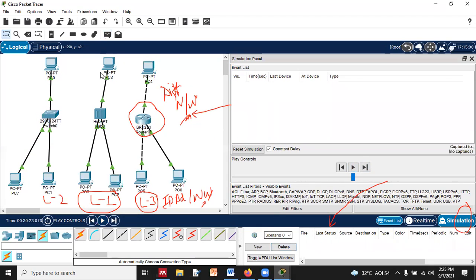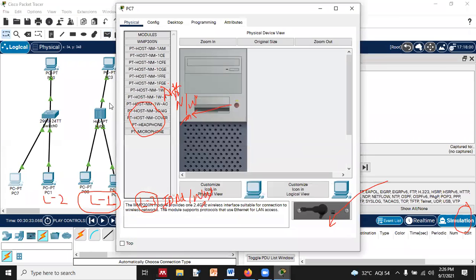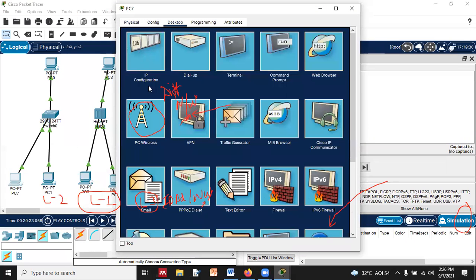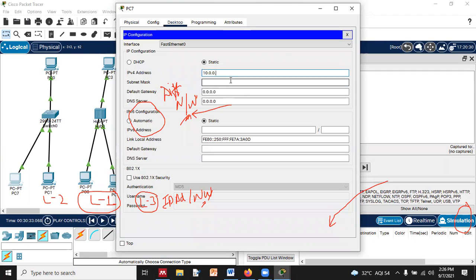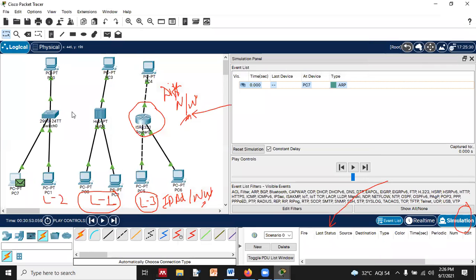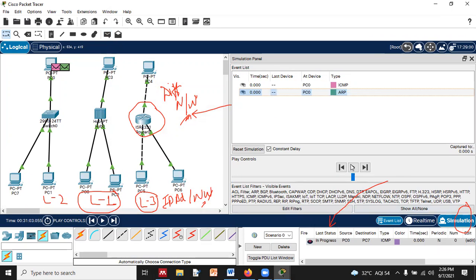So let me delete the previous scenario and then check how it works. Oh, sorry, there is no functional port. We have only attached that and not assigned the IP, I think. So 10.0.0.23, 255.255.0.0, and then we will save the settings, delete the scenario, again pick the message, and then try to send it. But in this way, you can see the packet is first forwarded to the switch,